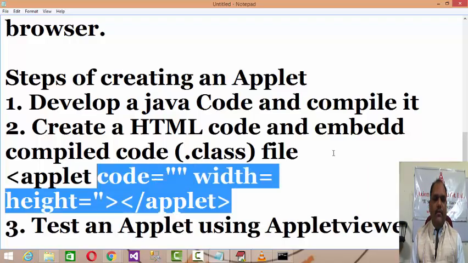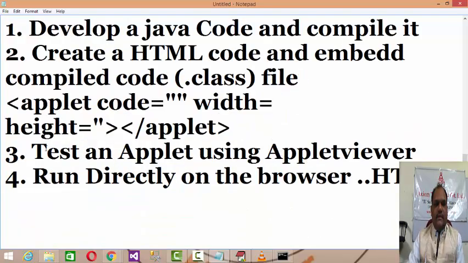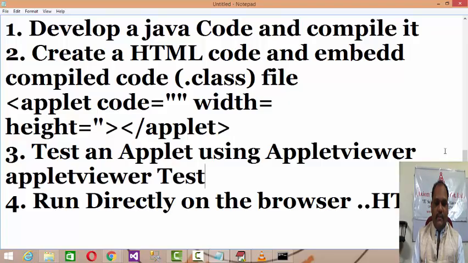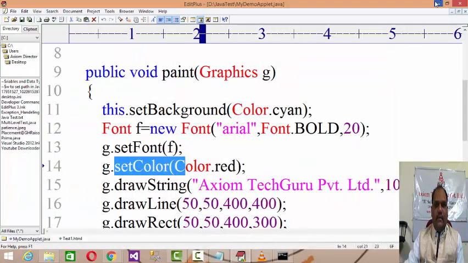Now in this way you can embed your applet code over here, and then for testing the applet you need to use a command called appletviewer and the name of the HTML file, whichever HTML file you have, test.html here in this example over there.